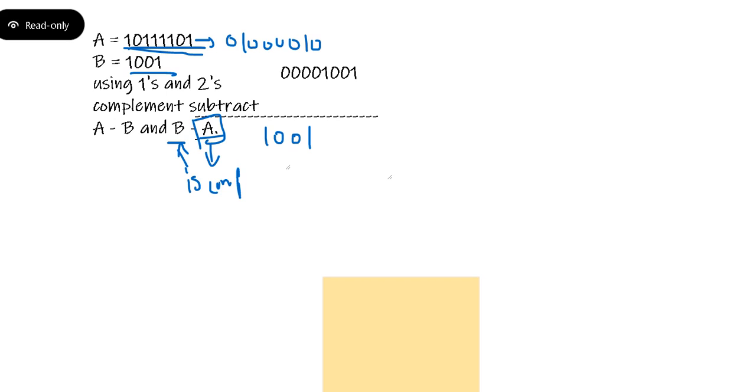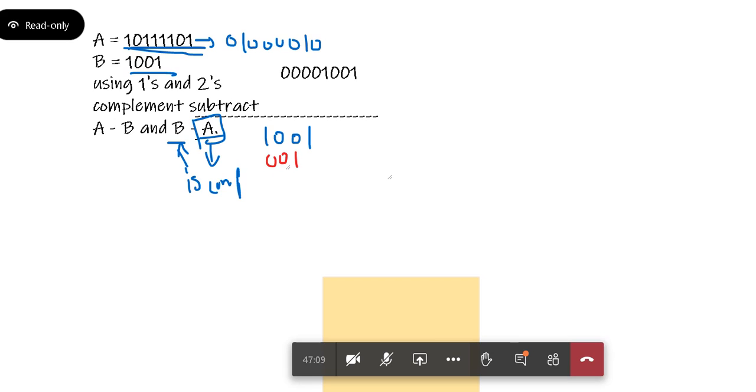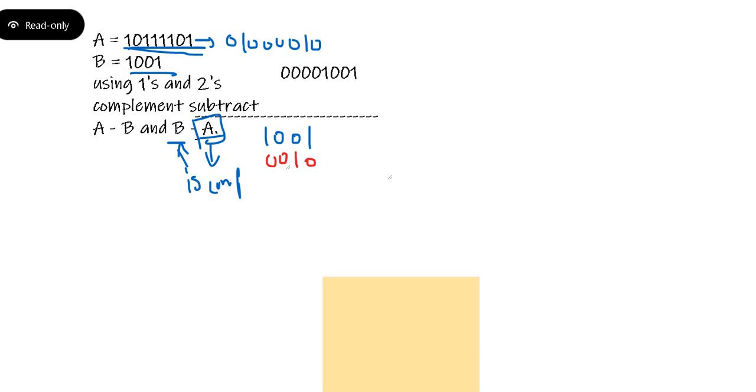Now I'll directly add to this particular value here. So that is nothing but 0, 0, 1, 0, 0, 0, 1, 0 and 0, 1, 0, 0.